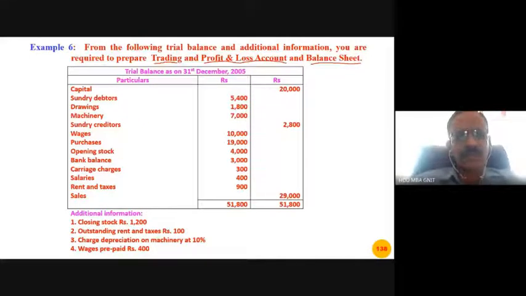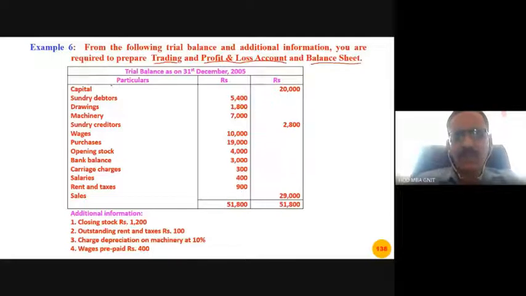See, in the particulars column, we can find assets, liabilities, expenses, incomes. All are put together in this particular column. We just have to pick up every item and write it in the respective statement. This is the only way. There are no steps, nothing.